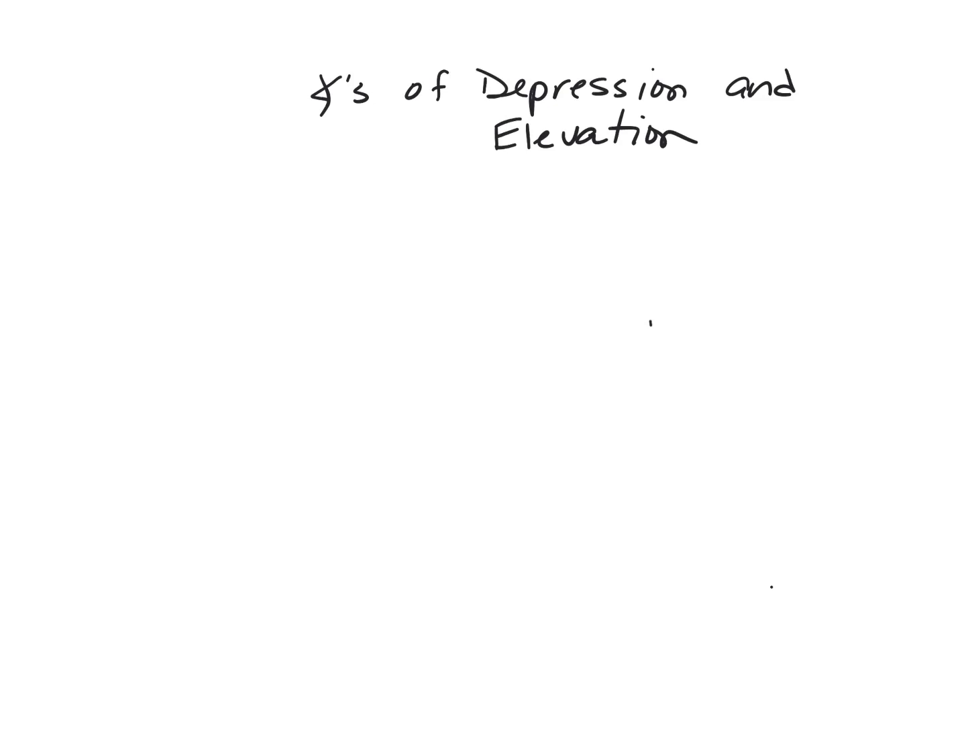We're talking about angles of depression and elevation. The trick is that they're equal to each other. So if they tell you one, you can find the other. So let's say we have a building here,